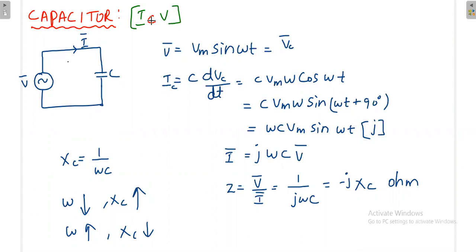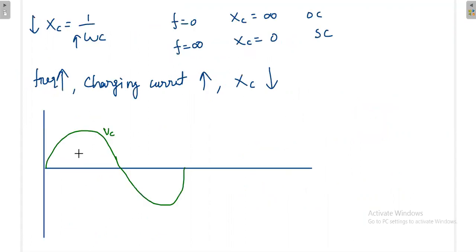Because here itself we can see the current will lead the voltage by 90 degrees. If you see here, even if the phase is zero, j is already there. That means current will lead the voltage by 90 degrees. Will lead, in the sense, the diagram will be shifted towards the left. So once you shift this diagram towards the left by 90 degrees, because exactly j is there, you have to shift this diagram by 90 degrees. Now once you shift like that, what will happen?